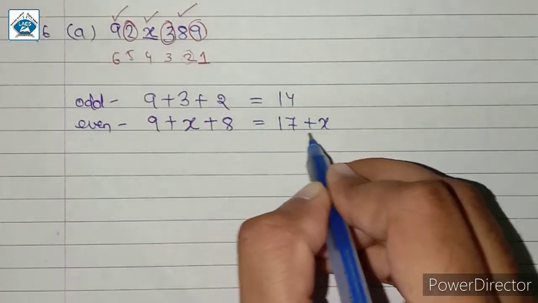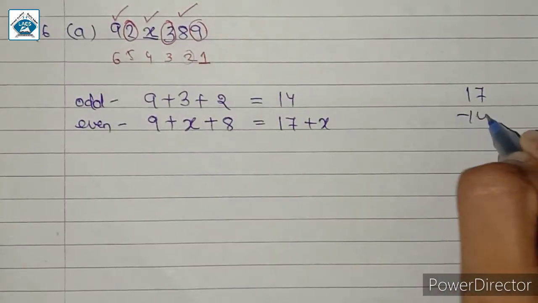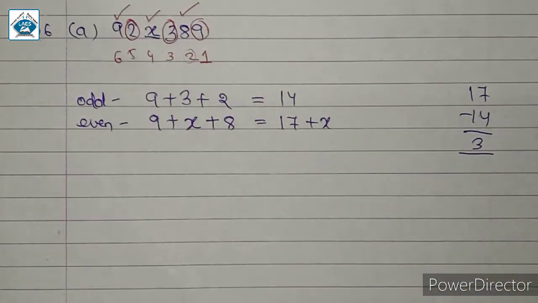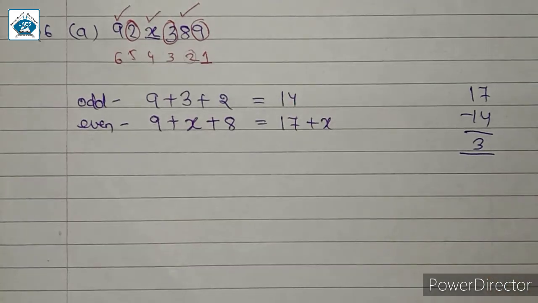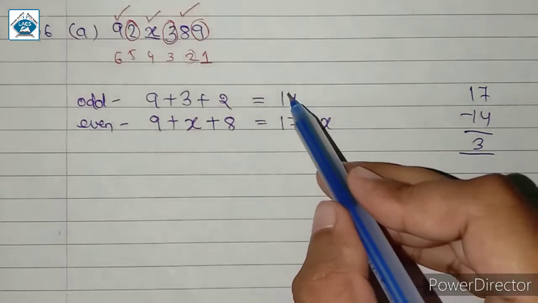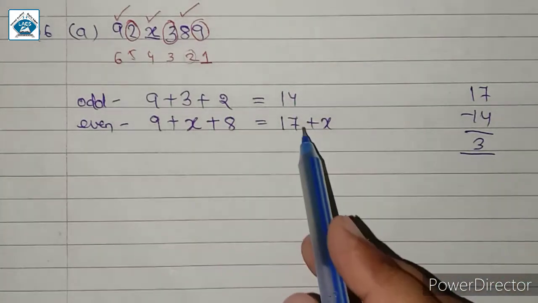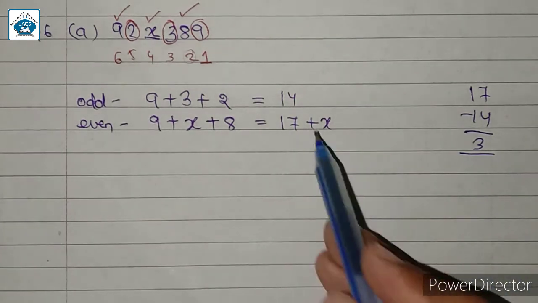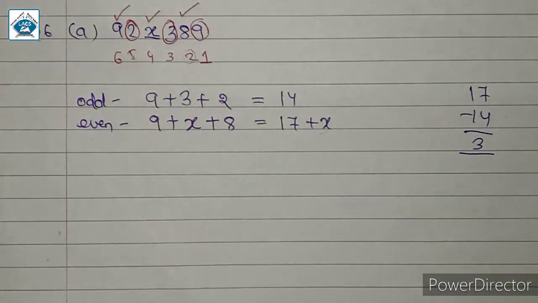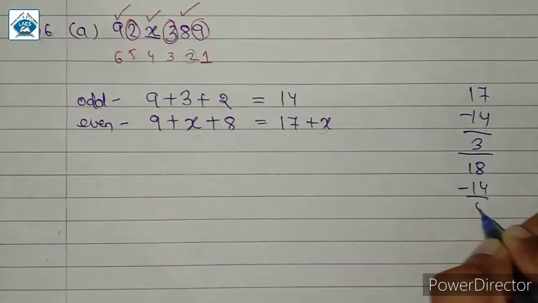जब हम लोग 17 प्लस x में से 14 माइनस करेंगे, सिंपली हम जब 17 माइनस 14 करेंगे तो हमें क्या मिलेगा, remainder 3 मिलेगा. आंसर 3 मिल रहा है. अब 3 जो है वो ऑलरेडी 0 से बड़ा है, तो अब इन दो नंबर्स को माइनस करके 0 मिले ये पॉसिबल नहीं है. क्यों? क्योंकि 17 ऑलरेडी 14 से बड़ा है, तो 17 में हम कुछ ऐड कर रहे हैं. अगर हम x की जगह पे 1 भी ऐड करें तो हम लोग को क्या मिलेगा, 18. Now 18 minus 14 we get 4.